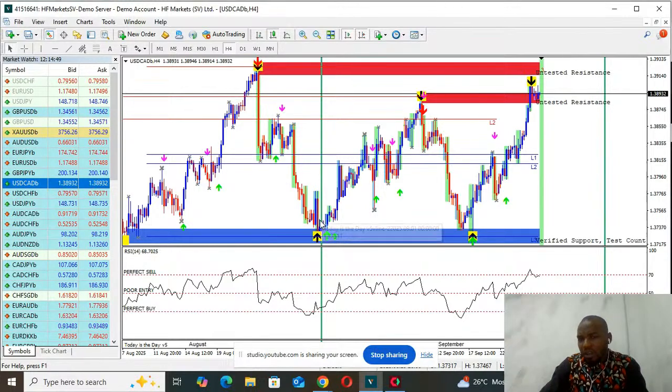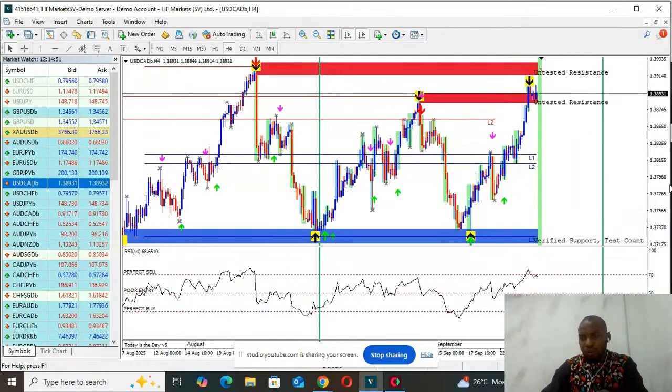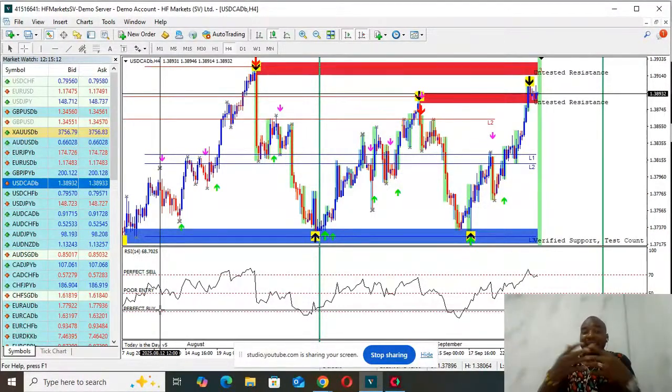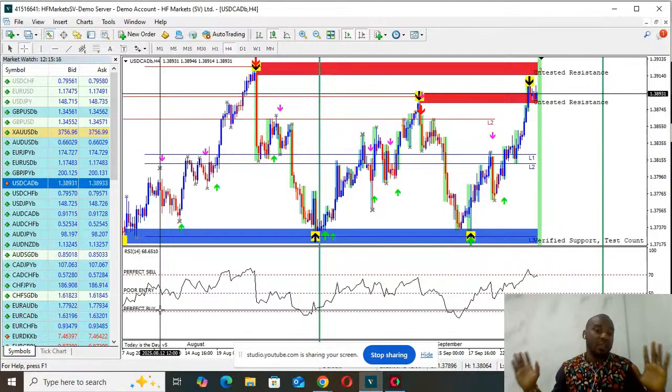Now, when the market comes to a zone, either the blue zone or the red zone, the next point you must consider for a swing is RSI. Is it below 30 or at 30? If you watch, at 70 here, we say it's what? Perfect sell. At 30, we say what? Perfect buy. Now, the market can be at 30 or at 70 and yet it will not sell or buy. Yes, it can delay for days.